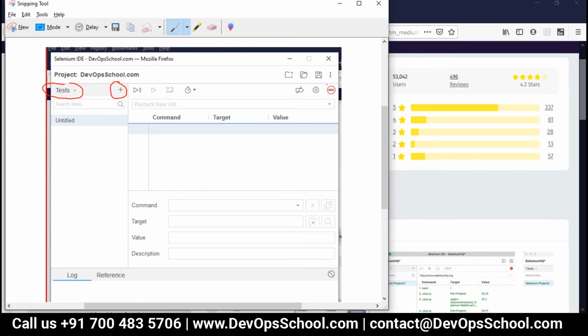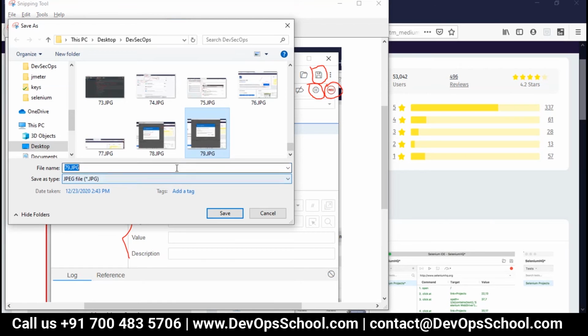You have to see the recording button, the pause button, the save button, the play button, and the play all button. All these things: command, target, value, and rename it here. So get comfortable with it.